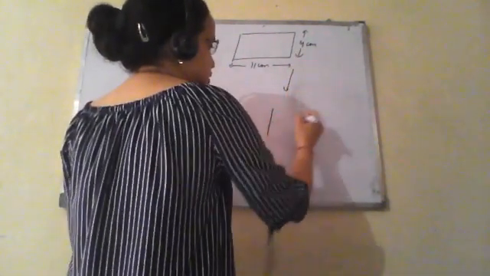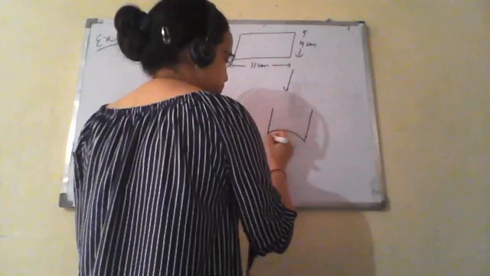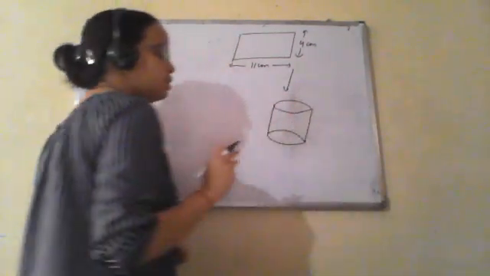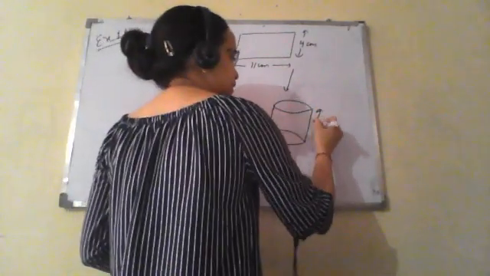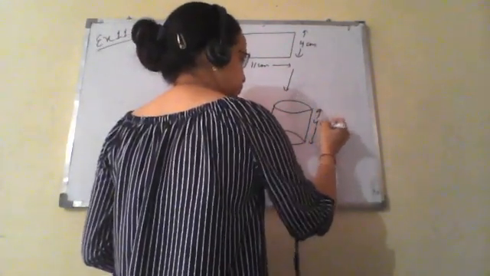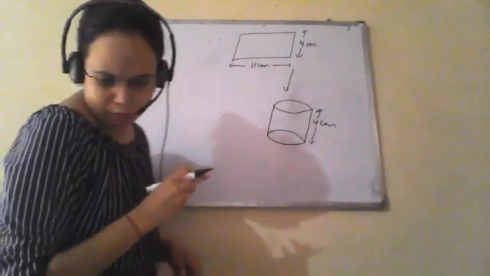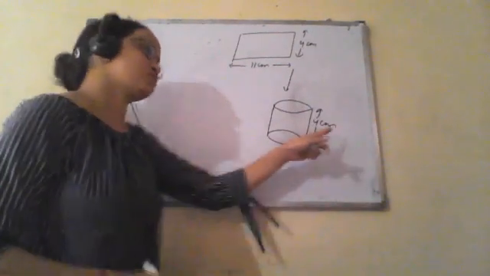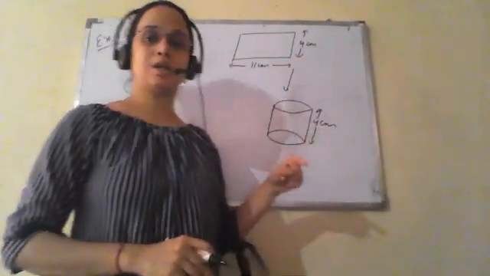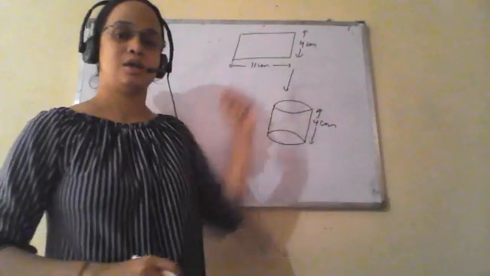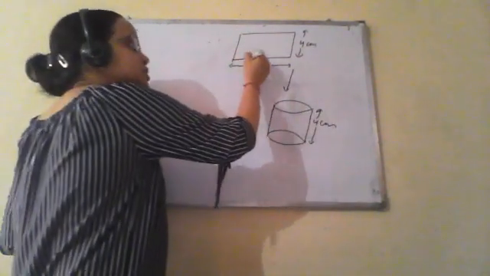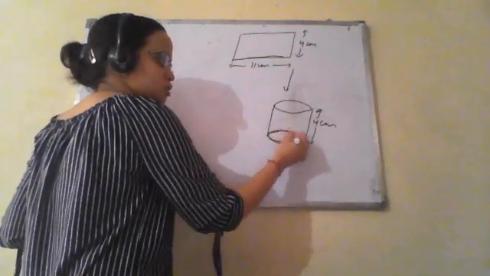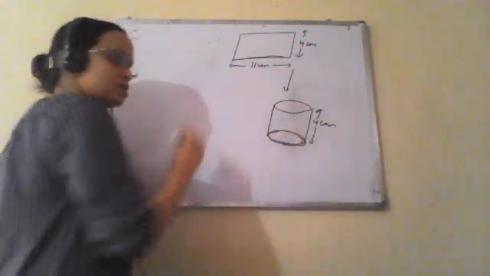Okay. So it has been rolled to make a cylinder of height 4 centimeter. Now what we have to do is find the volume of the cylinder. If its height is 4 centimeter, that means it is rolled along its width, so that this distance will be the circumference of the circular end.